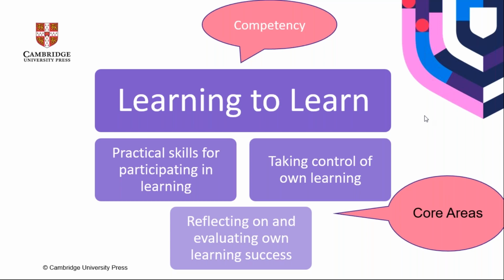All right, so you can see that there are 3 areas. And we said that practical skills are making notes, storing, retrieving information. It's about this first core area. The second one is taking control of own learning in order to achieve better results, and the third is reflecting on and evaluating own learning success. This involves